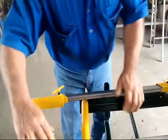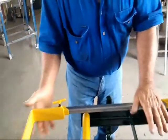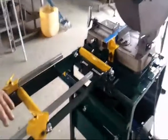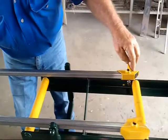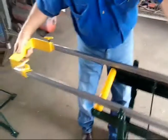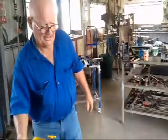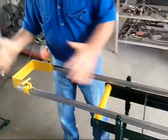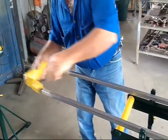It's only 20 by 20, 1.6 mil wall of all gal steel. You can buy it at any steel merchant. And for that length of rail, I think they're 900s. Well, you can cut, what is that, about 5 feet or something like that. But for longer rails, well, as I say, for longer jobs, you need longer rails. And